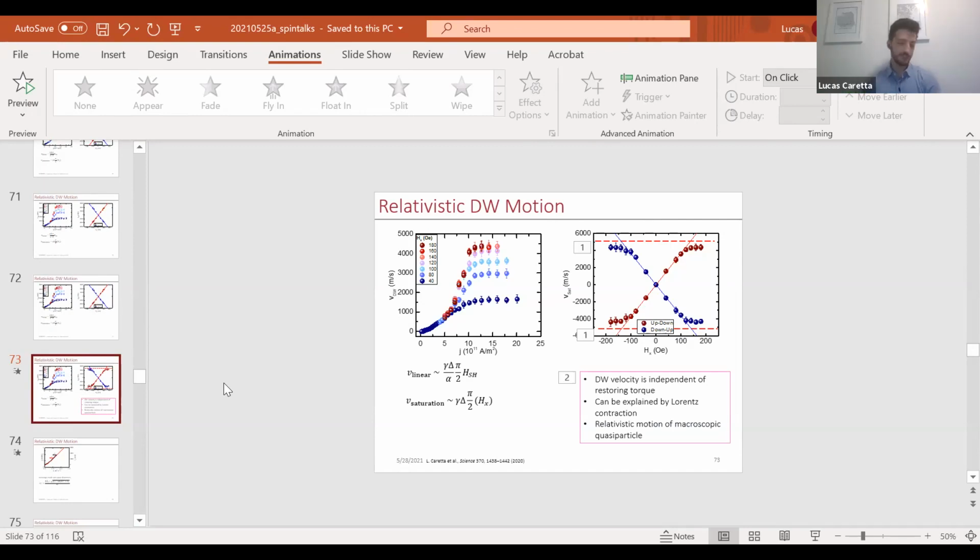Yeah, so you can. It's predicted that you can see things like Cherenkov radiation or Cherenkov-like radiation from moving domain walls, and in an antiferromagnetic system, you'd expect terahertz spin waves emitting from the domain wall. So that's been predicted. You won't see this plateau if you break Lorentz invariance either, right? So you can. The plateau exists here because we've selected and engineered a material system to have the plateau, but there are other predictions in other papers and simulations where you can actually go above this plateau because you're not breaking Lorentz invariance.